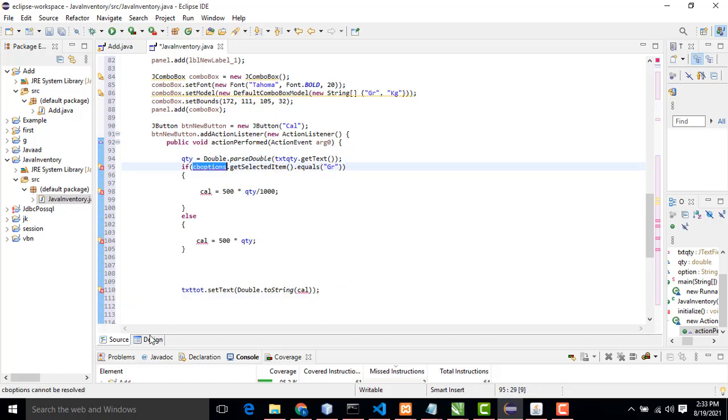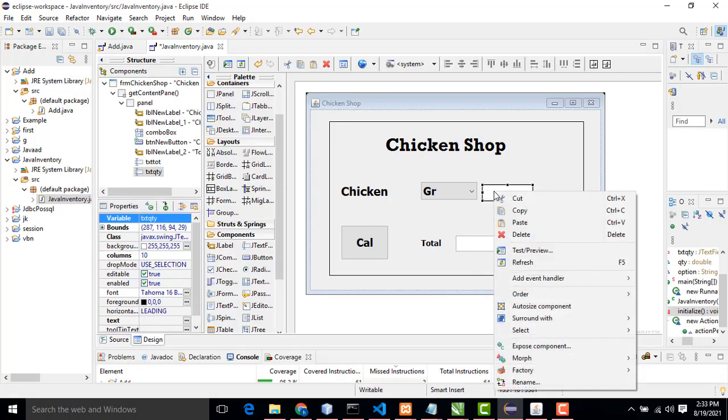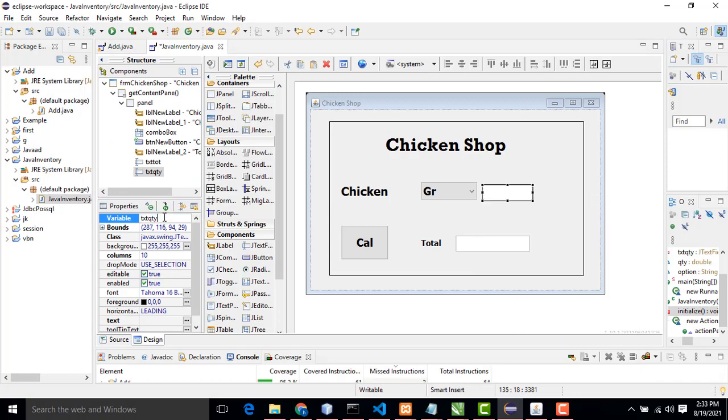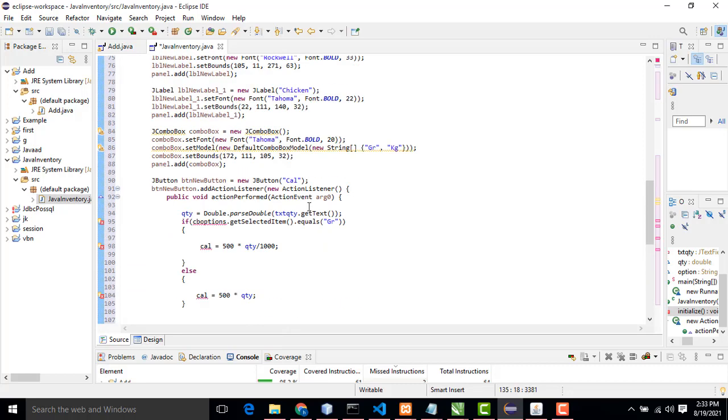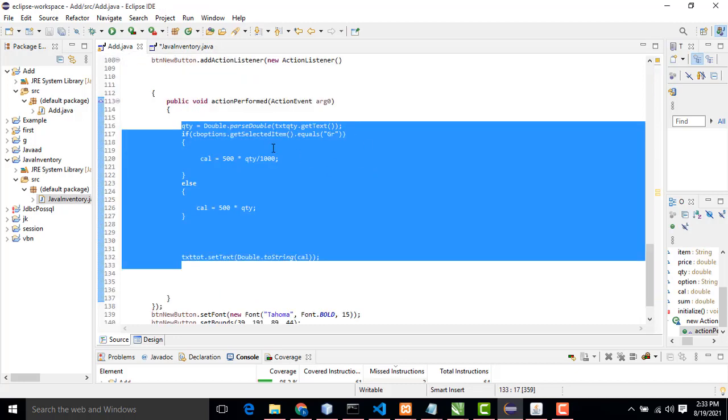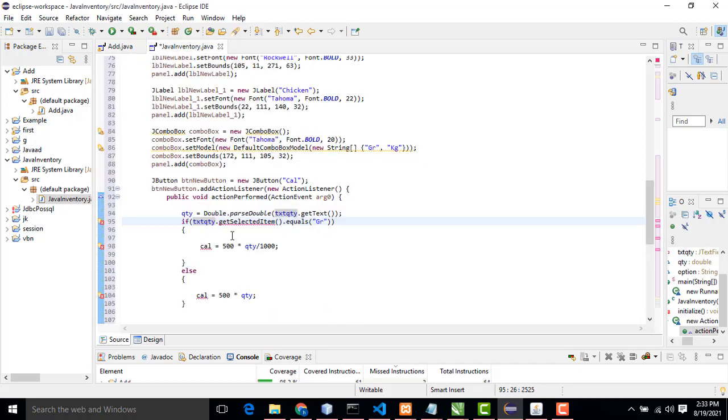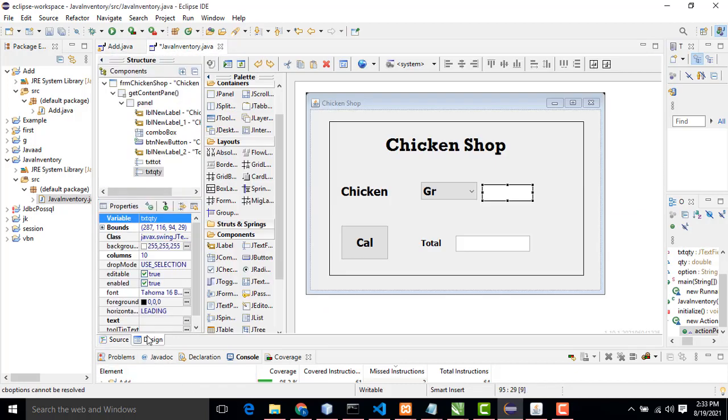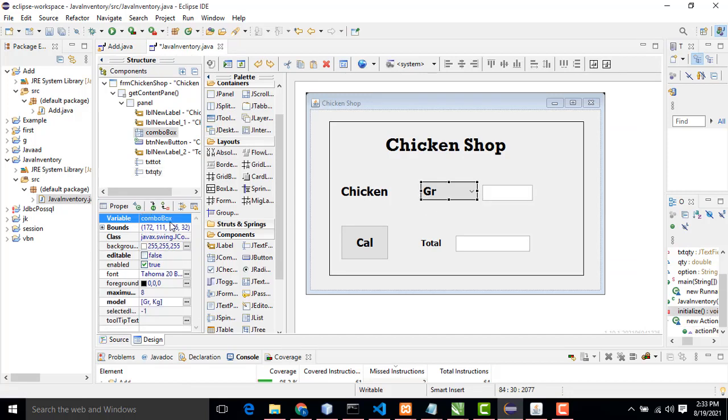So what's the name here? I just name this as quantity. This one should be the txt option, I name it as CB option, a combo box.